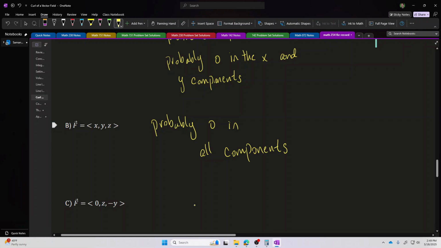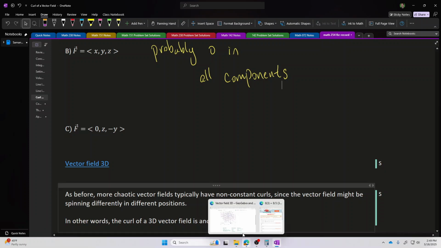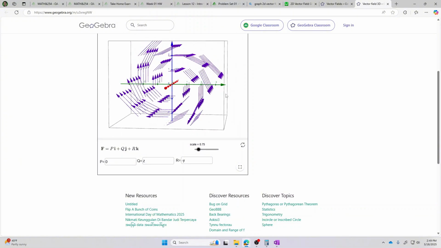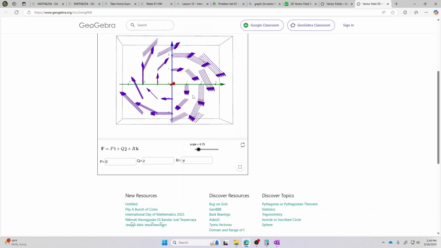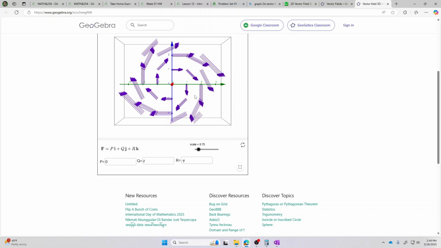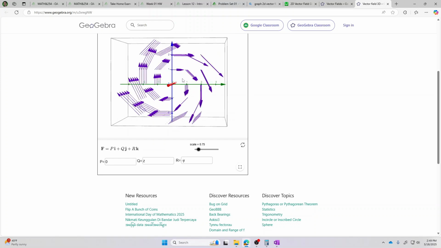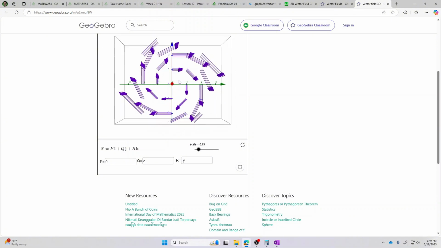And then for just another simple example, let's go ahead with 0 for x, z for the y component, and negative y for the z component. Okay, if I look at this vector down the length of the positive x-axis, so that the positive x-axis is coming out toward me, I can see a swirling in the clockwise direction. So I expect probably there's going to be a negative curl in the x component.